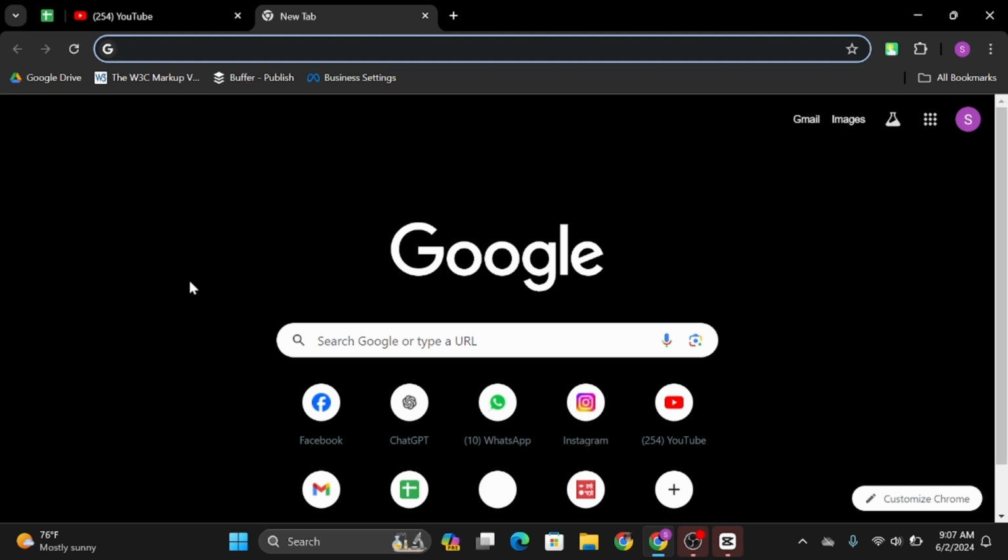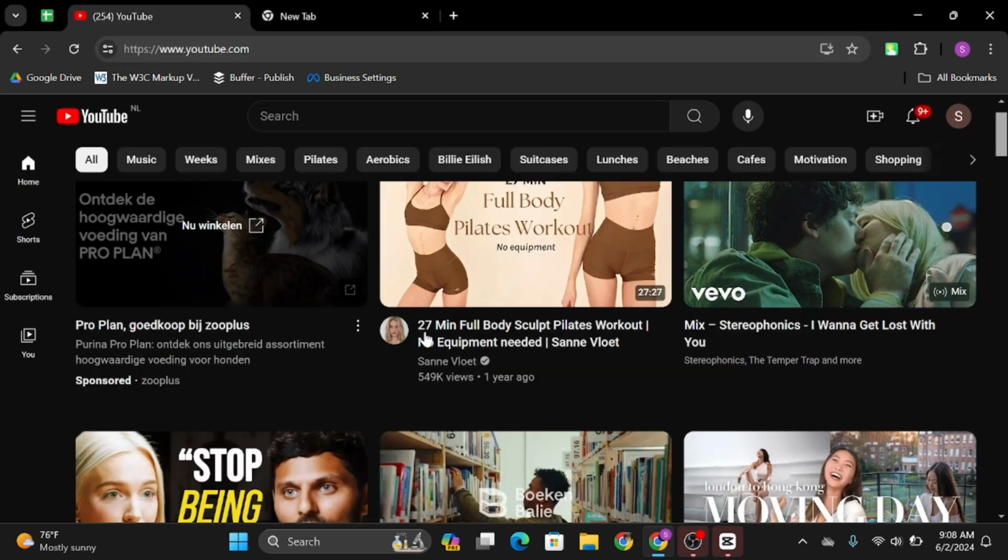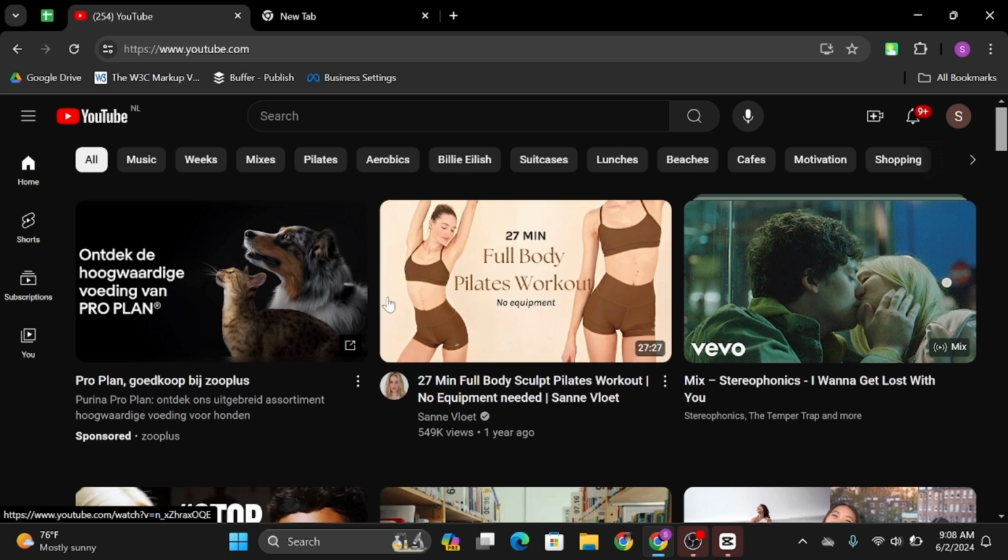So start by opening any of your web applications. In my case, I'll be using Google Chrome. At the top search bar, type in www.youtube.com. Now, if you would like to turn this on to a dark theme like mine, all you have to